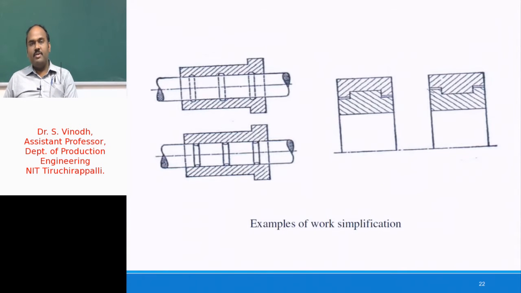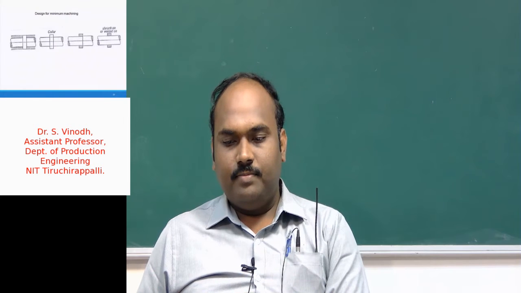The next illustration, which we could see on the right side, shows a top and bottom die, which is referred to as strap and eccentric. In the one at the left, that recess is being provided in the top part. That has been remedied in the one at the right, where we could see that recess is being provided in the eccentric. From the gravity viewpoint, those kind of recesses need to be provided in the bottom part of the design. All these two guidelines pertain to simplification of the work.